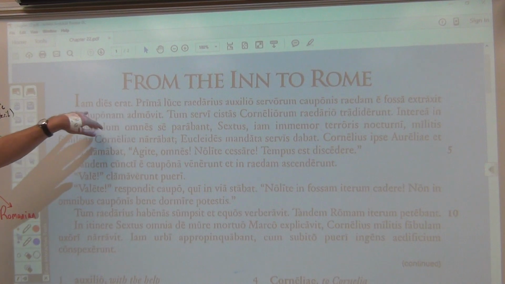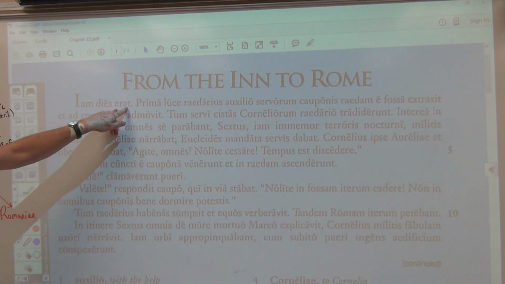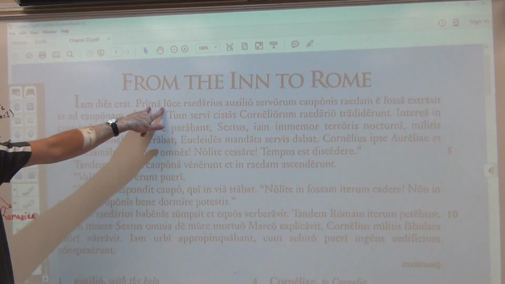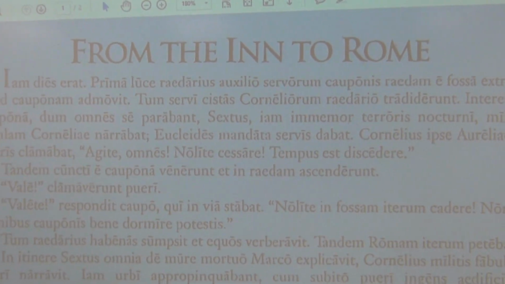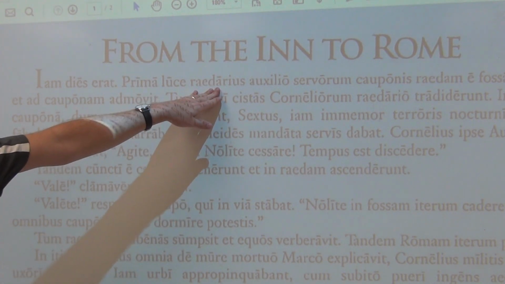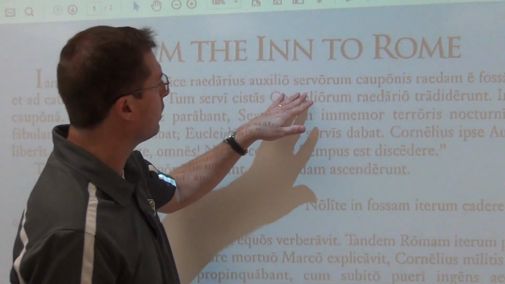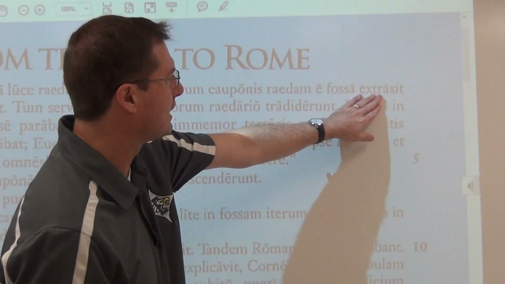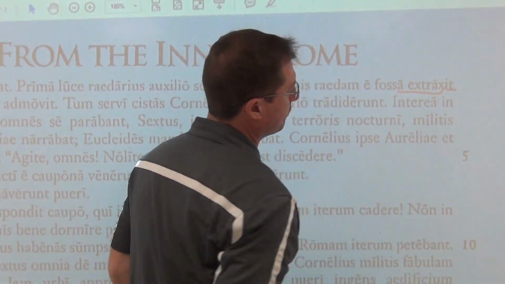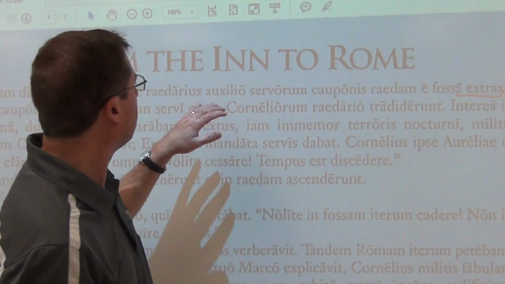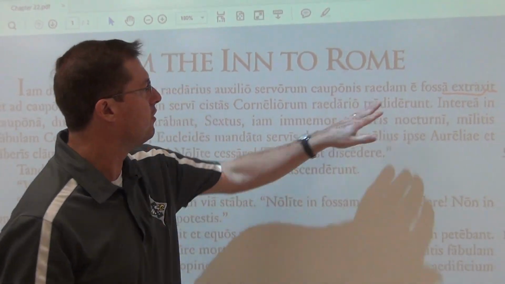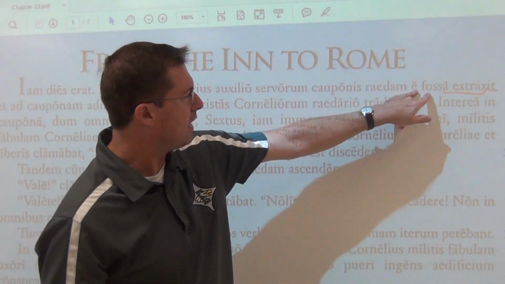Jam dies erat. Now, or already, it was day. Remember that erat comes from sum, esse, fui, futurus, and it is the imperfect: eram, eras, erat. Prima luce, you see that it is in the ablative, and you translate that by, with, because of, from, in, on, at. So at first light, an ablative of time, the coachman, the minivan driver, and then we go find our verb, which we see is extraxit, from traho, trahere, traxi, so it has the perfect stem, and of course the perfect ending. You tell the perfect stem because of the v-suck. So that coachman did drag, has dragged, or simply dragged out the minivan, the raedam, out of the ditch,